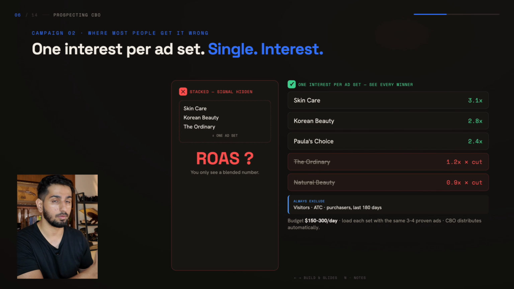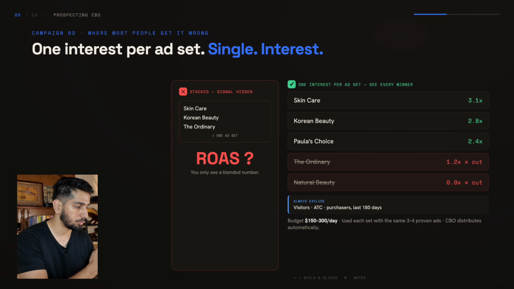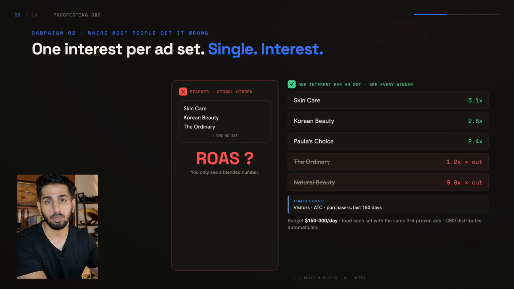We don't want to cater to people who have already added to carts. We don't want to cater to people who already have visited the site, purchased our products or anything of that sort. Pure 100% cold audience. Now, that is a very simple setup, but trust me, this is one of the most important campaigns out of the bunch. So now that we have our cold audience campaign set up, let's move on to setting up the